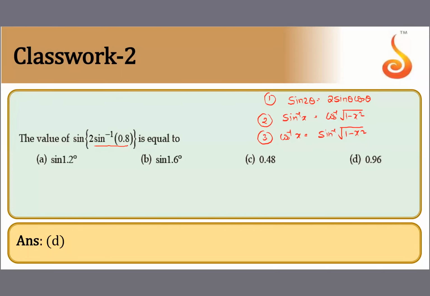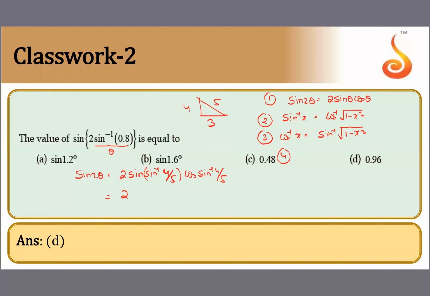We take this as theta, we get sine 2 theta is equal to 2 sine of sine inverse 4 by 5 into cos of sine inverse 4 by 5. We can use the triangle also. This is 4, this is 5, this is 3. So this becomes 2 into